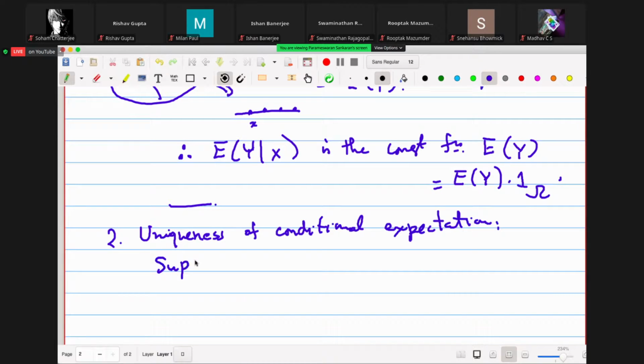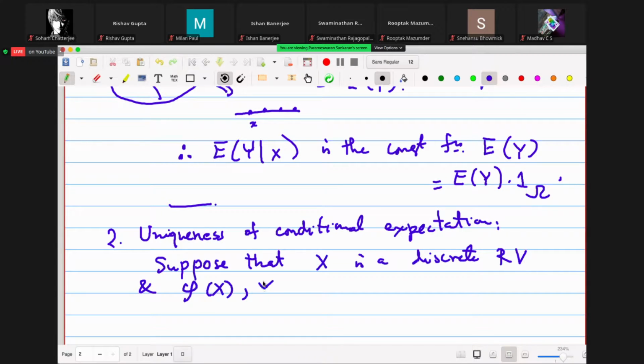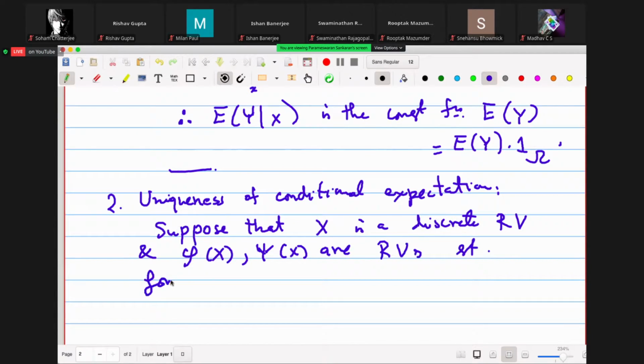Suppose that X is a discrete random variable, and phi(X), psi(X) are random variables such that for any, well, the book says suitable, I'll explain why he probably said that, suitable function g(X), we have